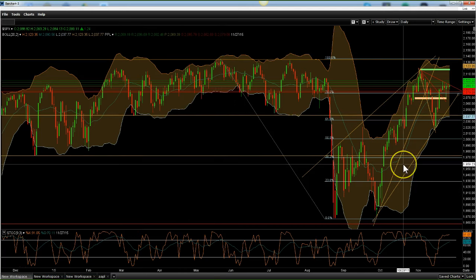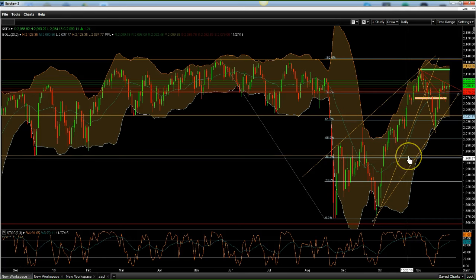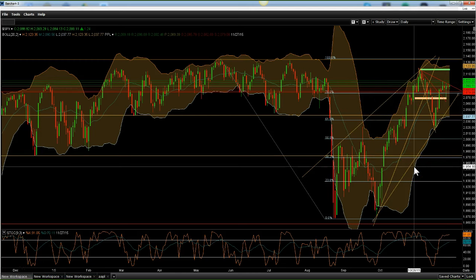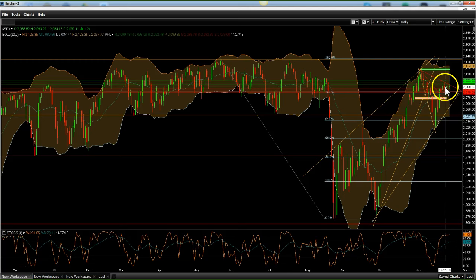Now, the reason why it's algorithmic, and I believe very sensitive to high frequency trading programs entering the market, is because these candles on the hourlies and even on the 30 minutes and the shorter term time frames move rather rapidly. I wish I could show you this in real time, which I will. When I set up the live trading room, you can actually see this and you can hear my commentary as I'm going through it. So as time goes on and with some good training and guidance on my part, you should be able to read these candles like a robot. And I mean it, like a robot.